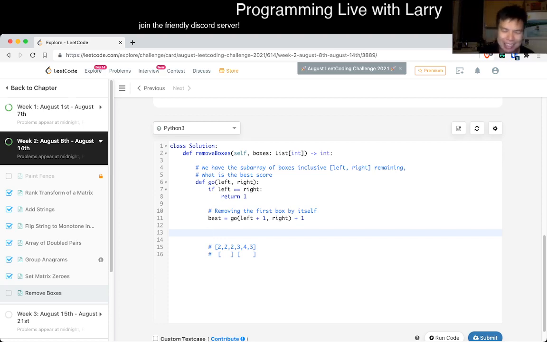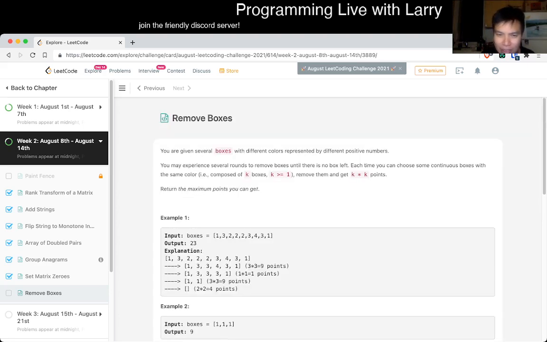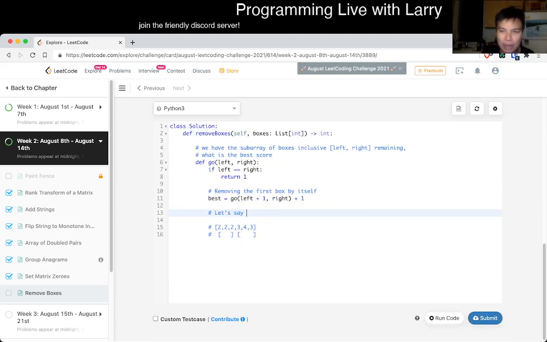Let's say, is this a color or color? Okay, let's say our last removal is of boxes of this color, right? Then what does that mean? So that means that in this case, well, this is not a good example, but let's just say we add a, I don't know, 3, 5 in here, right? That means that, okay,